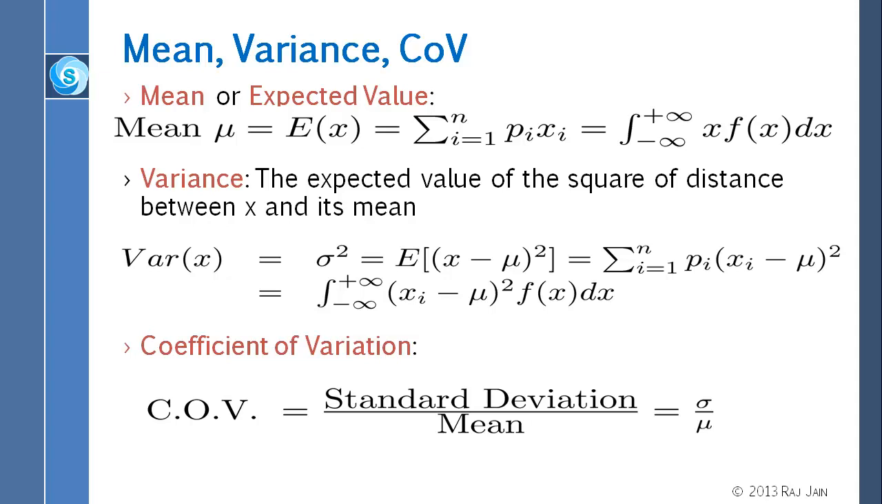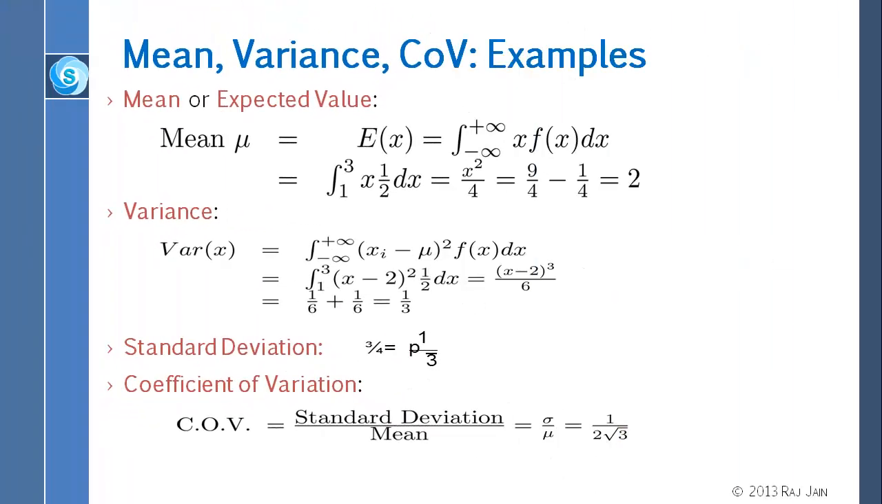Actually, this is just an example of the previous thing. We had the example of the distribution, and that was the uniform distribution. Remember the uniform distribution from 1 to 3. So the minimum is 1, the maximum is 3, and the probability density is half anywhere in that range. So if you want to calculate the mean value, then you take the expected value from minus infinity to plus infinity,